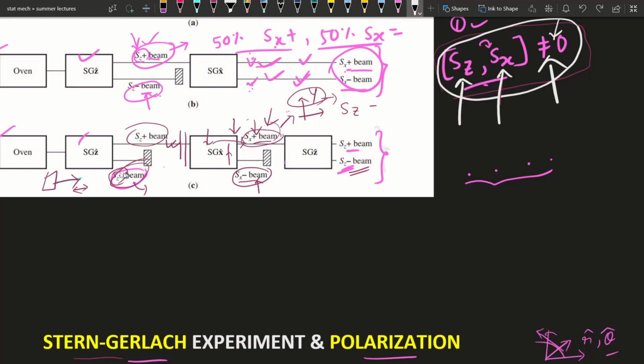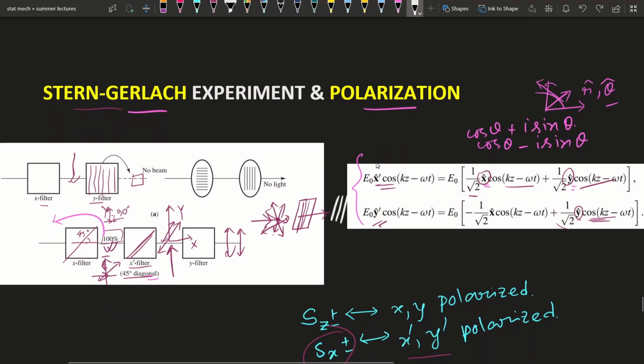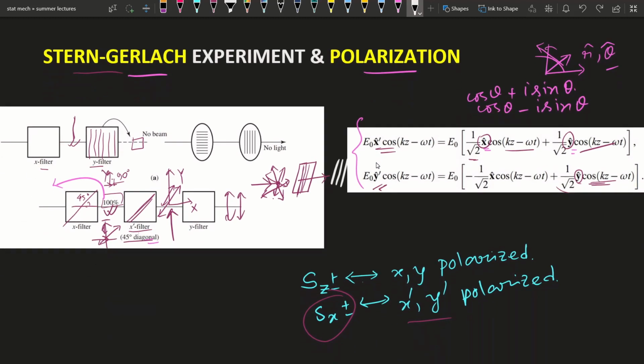Like here you can see that the SZ minus component of the beam is blocked, but after the measurement of the SGX component, when we again measure the SGZ component, we get back the SZ minus component, though here we had blocked it. Now why is this happening? I have discussed it physically with the help of the analogy of